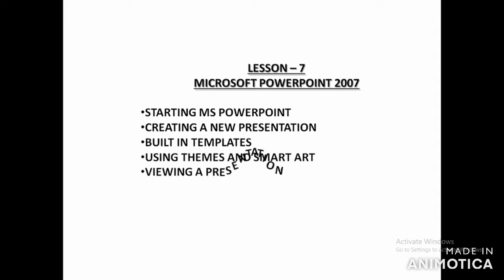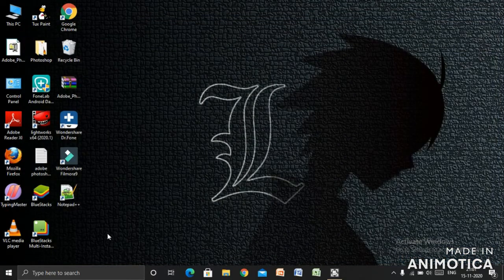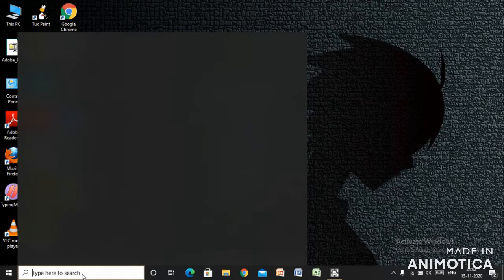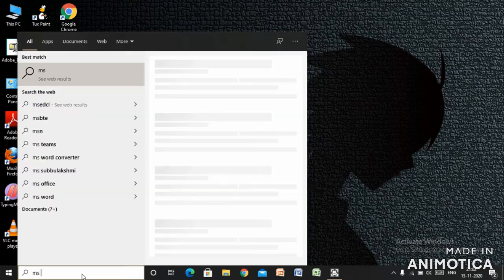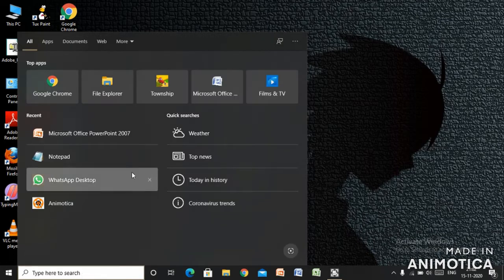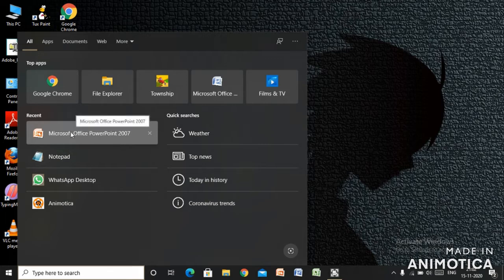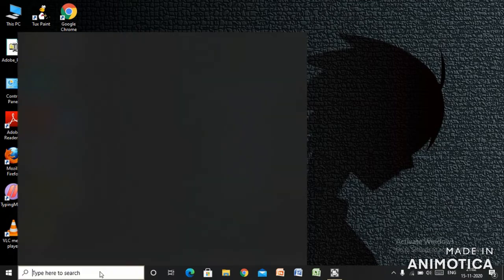So children, let us start working on PowerPoint. Suppose you want to start MS PowerPoint, so in the search box you will write MS PowerPoint. You can also write the full name or the short name.